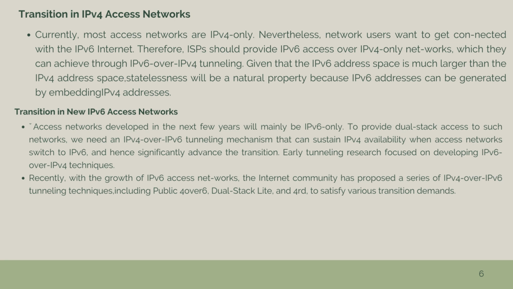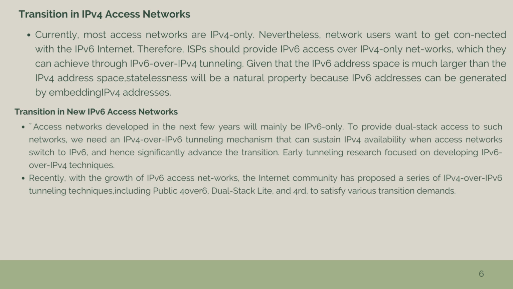Transition in IPv4 access network. Currently, most access networks are IPv4 only. Nevertheless, network users want to get connected with the IPv6 internet. Therefore, ISPs should provide IPv6 access over IPv4 only networks, which they can achieve through IPv6 over IPv4 tunneling. Given that the IPv6 address space is much larger than the IPv4 address space,